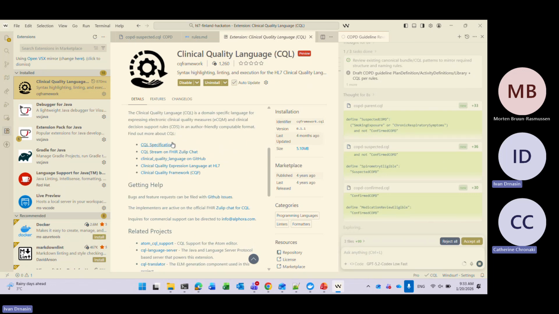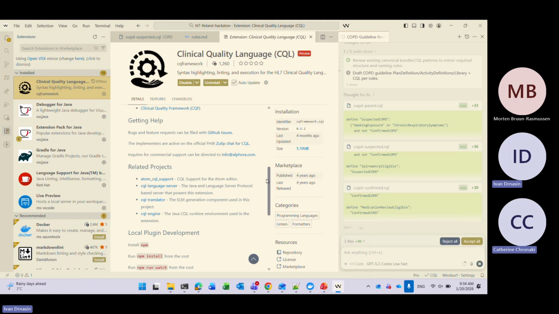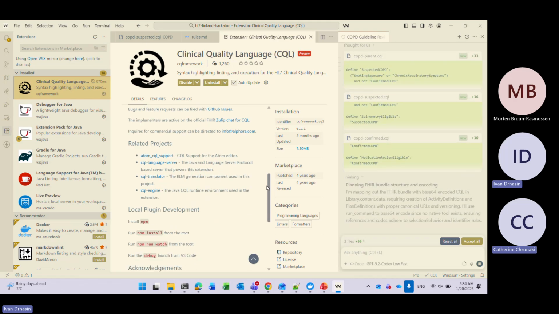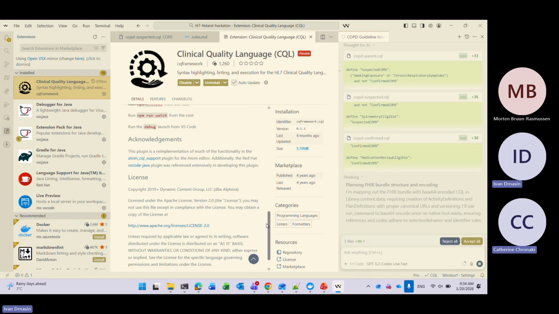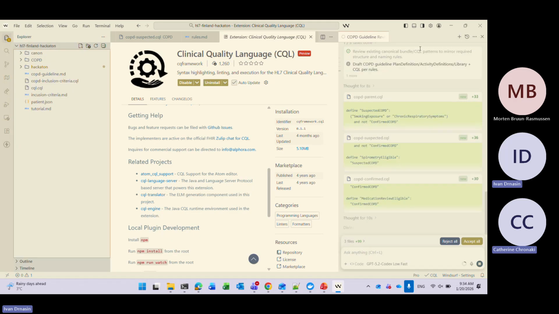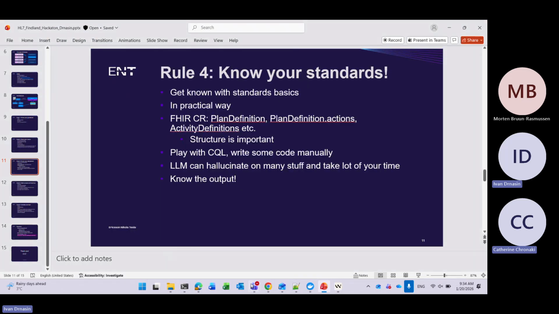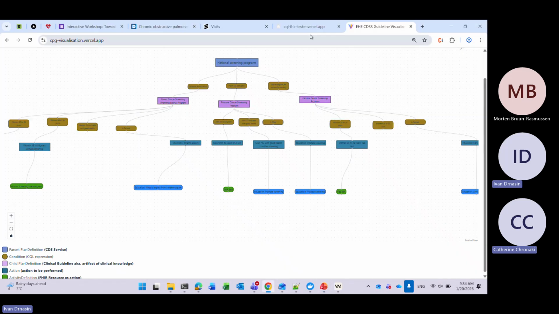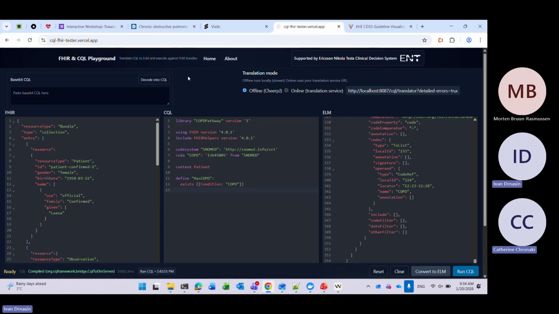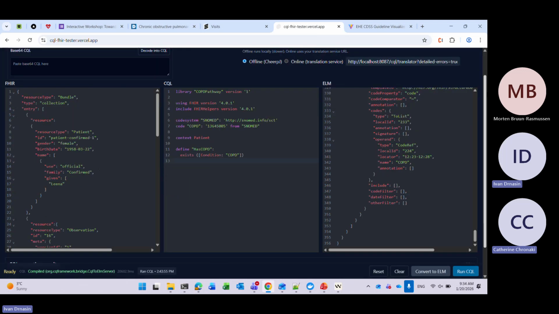What it does, it translates SQL to ELM expression. You can execute SQL against some bundles and so on. But yesterday I took a much more visually appealing approach with this tool that I also personally use when I'm playing with it.